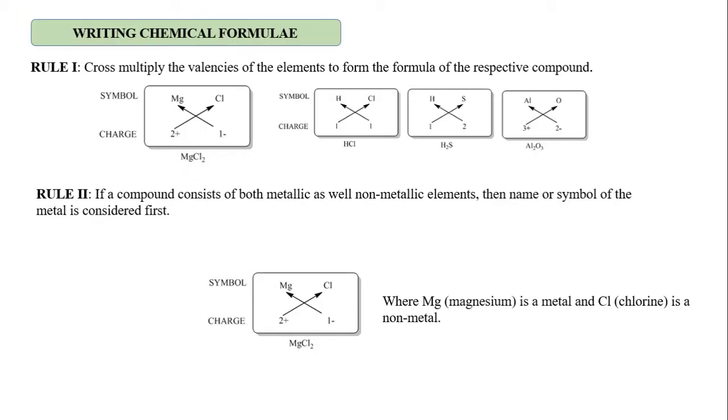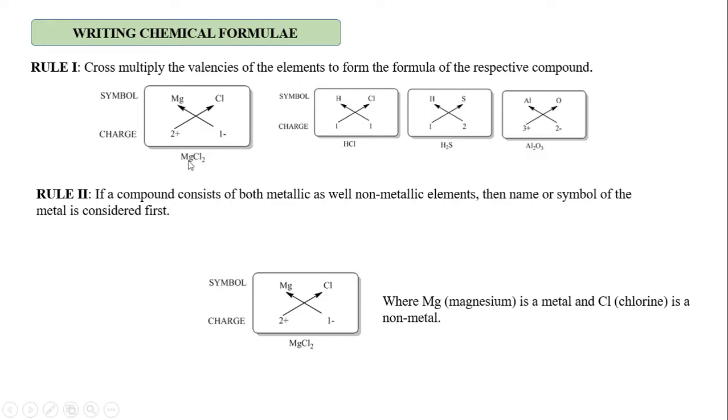Now we are going to the important concept, writing chemical formulae of chemical compounds. Already we have learnt about the elements and their symbols. I taught you how to write the electronic configuration, then valency. Based upon that, we are going to formulate different chemical formulae. First, you write the symbol and the charge or valency. Then you do the crisscross, and we write the chemical formula.